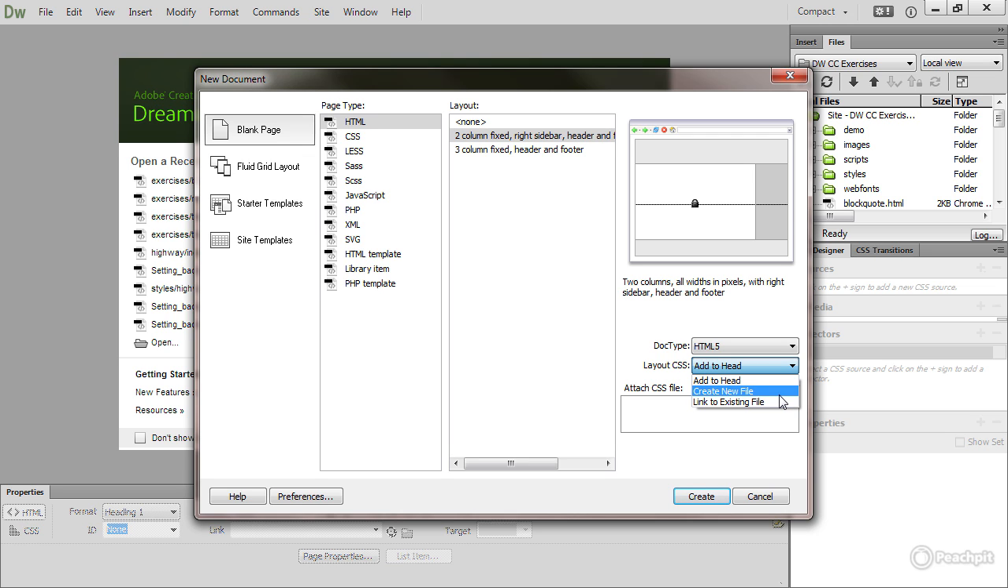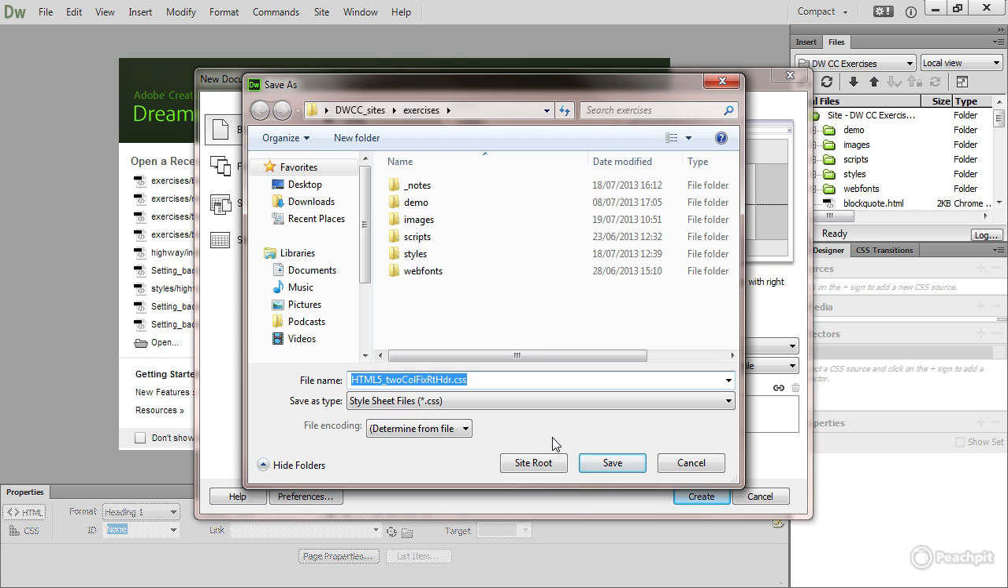I recommend that you create a new file, so this creates a separate style sheet, and then when you create subsequent pages you can select link to existing file, and any changes that you've made to the style sheet will be inherited by those new pages. So let's select create new file and then click create. And Dreamweaver immediately prompts you to save the style sheet, and it gives it the name